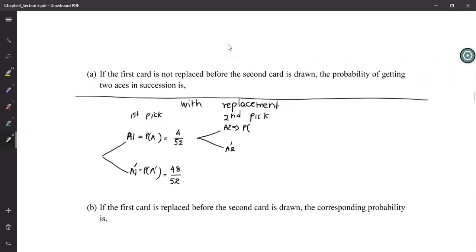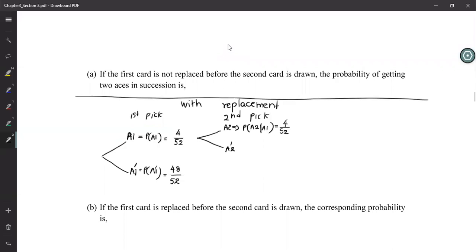So what is the probability that the second card is A? You already know the first is an A. How do you write it? Given A1. Is the notation clear? You pick the first card, it is an A, and then you pick the second card, again an A. How do you write it? Probability that the second is an A, knowing that the first is also an A. So what is that probability? Still you have all 52 cards, still you have 4 A's because you replaced the first one.